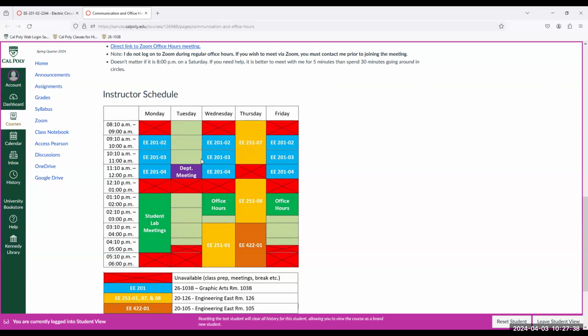Lab times, I'm in the lab, building 20, room 126. All 3 labs are in the same lab room, marked in orange, E251. Some of you are enrolled in my class. You can stop by even during the lab times. My focus and priority will be the lab students. But if there are a few minutes between lab benches, 5 minutes, 10 minutes, I'd be happy to answer your questions. So you can even stop by when I'm teaching the lab class. It's absolutely fine, right? Mondays, I have reserved for student lab meetings, but this is going to be flexible.